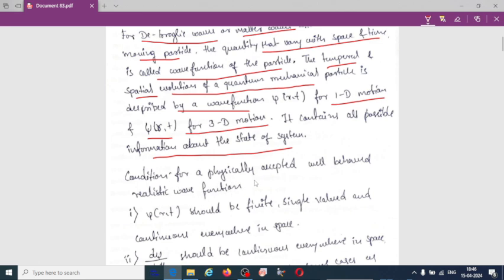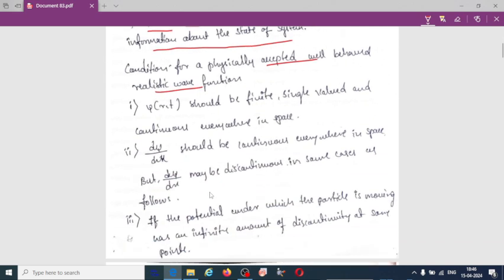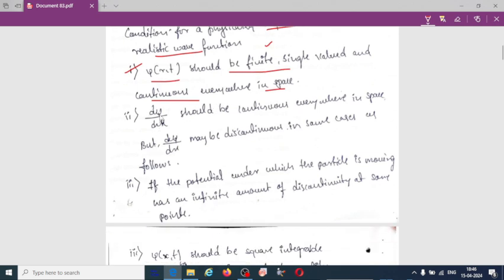So what are the conditions for a physically acceptable, well-behaved, realistic wave function? The first condition is that the wave function psi(r, t) should be finite. It must have a finite, single value and be continuous everywhere in space. This is the very important first condition: the wave function must be finite, single valued and continuous everywhere in space. And the derivative of the wave function should be continuous everywhere in space, but